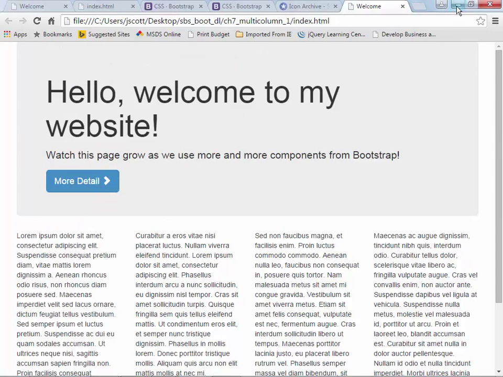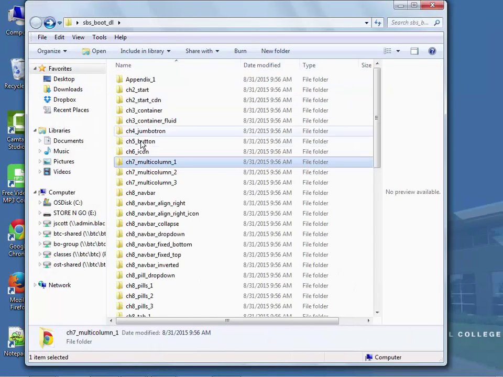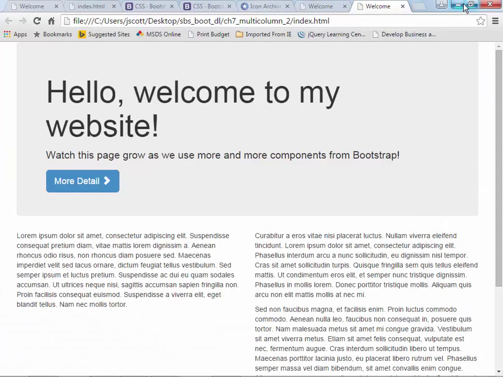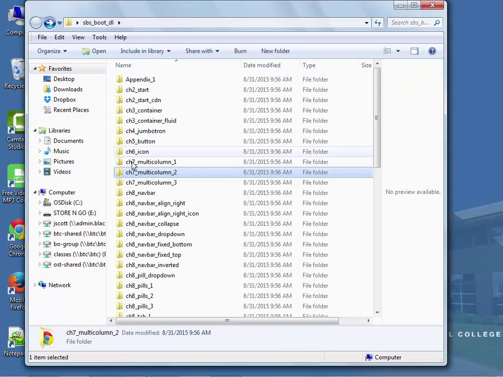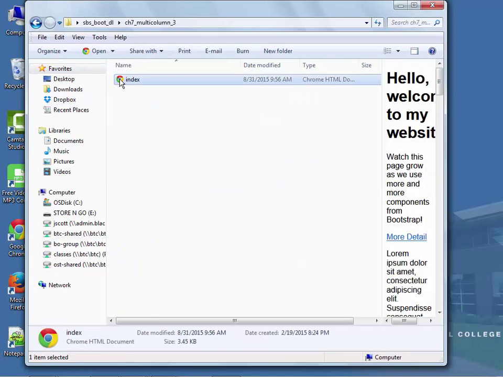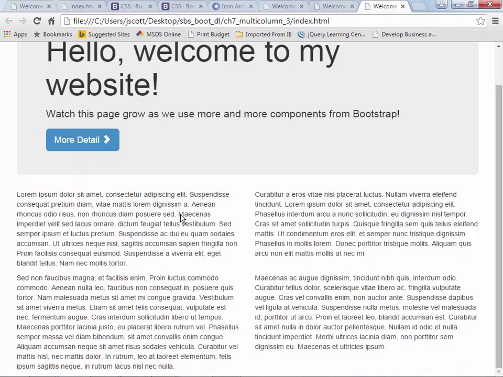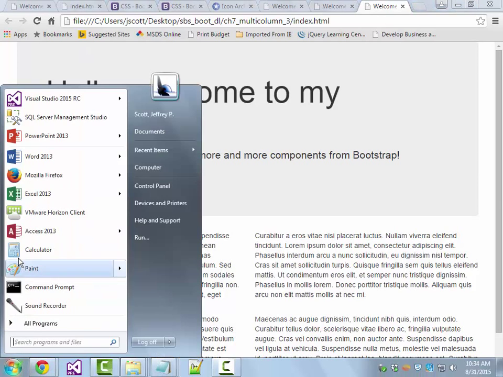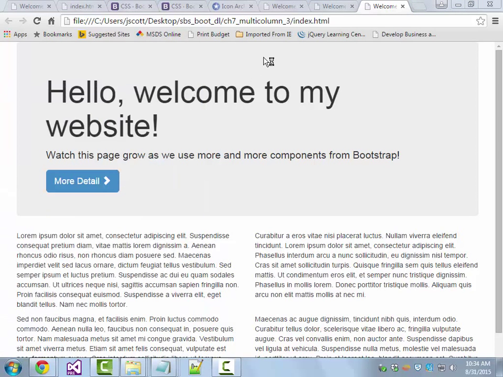Four columns. Two columns. And two columns. But I've got a note here that when I tried some of this stuff that you see here,